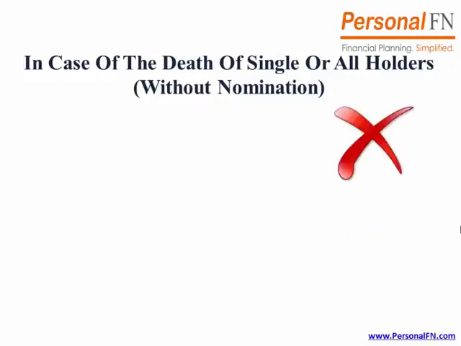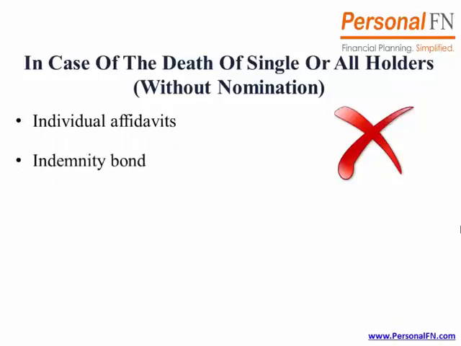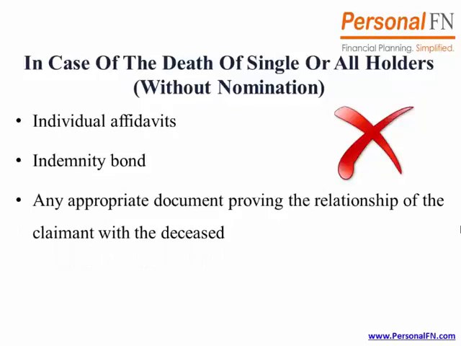Now, in case of death of the single or all unit holders without nomination, then apart from the documents which we just discussed, the claimant will have to submit individual affidavits from the legal heirs, indemnity bonds from the legal heirs. If the amount to be transferred is below the threshold limit set by the AMC, then any appropriate document